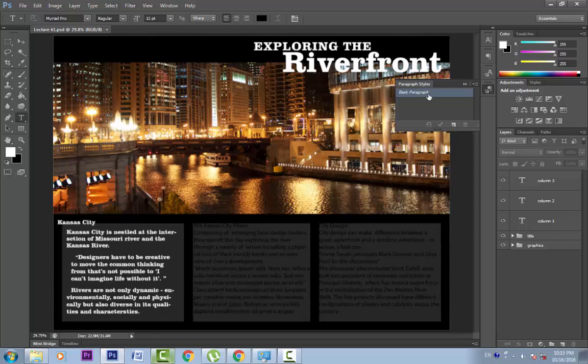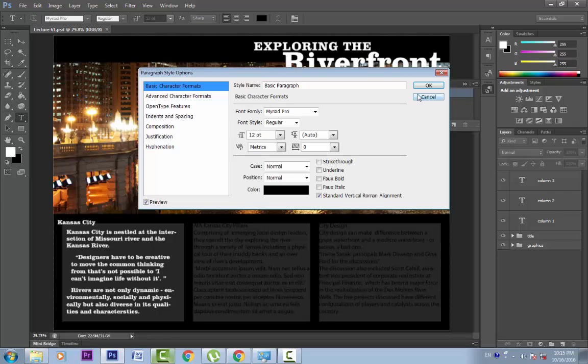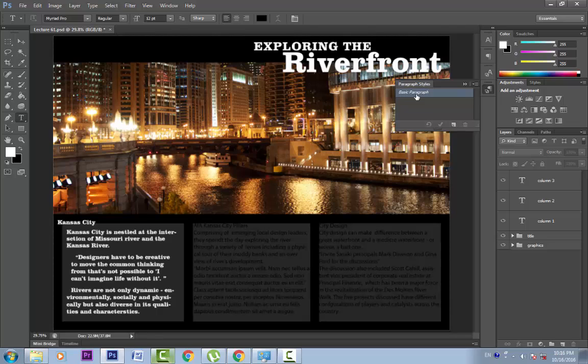Now in the paragraph style panel, we already have a basic paragraph style. It is called the basic paragraph style because it is basically how all the text is formatted here in Photoshop. If we double click on this, we get this window with all the formatting options of the text. This dialog might seem intimidating, but really it is not. It is just a collection of all the settings that we would normally find in the character panel, in the paragraph panel, and in the control panel. Now this basic paragraph style cannot be deleted. You can see that the trash can has been grayed out.